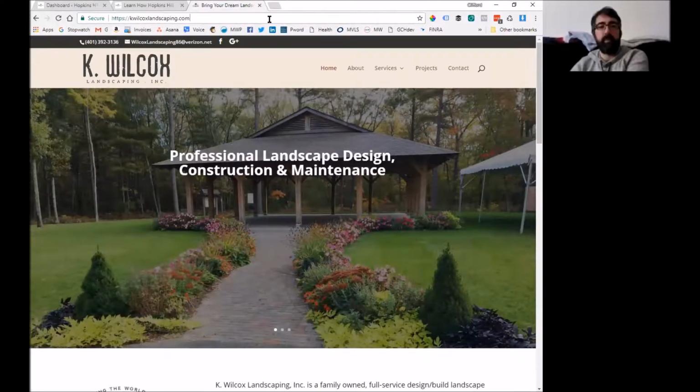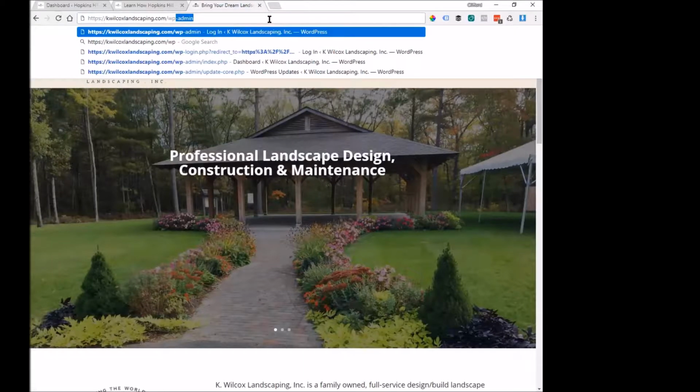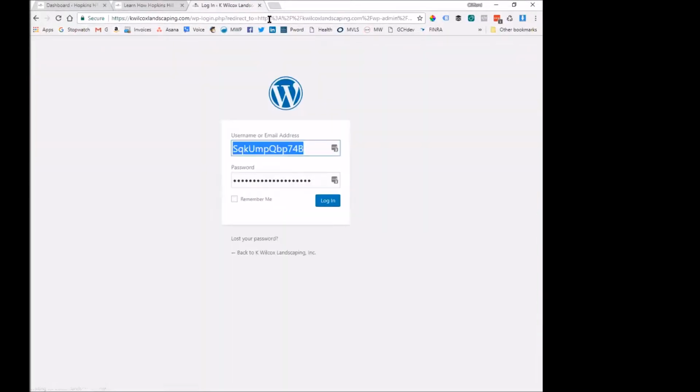Right. So we just add that. I usually go to wp-admin. Not that it's really any different. And now I have a password manager that I use, so it automatically populates. You can also do this with some browsers, which will say, hey, do you want us to